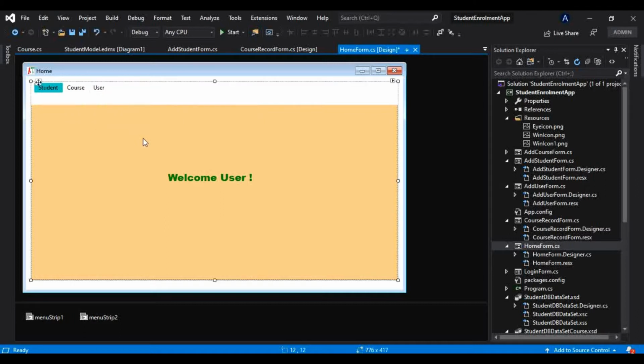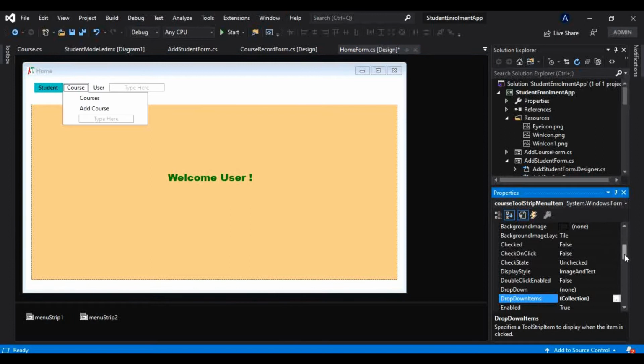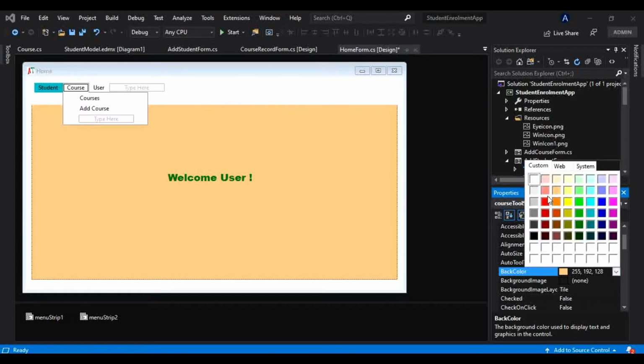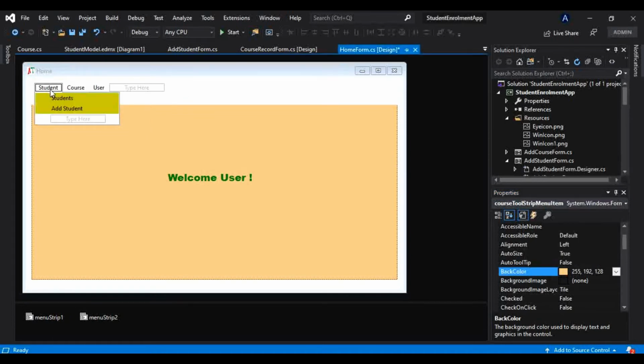Okay, all right. And just let me change designs of this as well, same like this students. So let me change the color of that. Okay, so that is back color. We have used that blue color for the student, so I will use that same color here. Let me choose that from web only. I think I have choose that from web. So let me see what color we have choose for this, because there are many colors. Okay, so I can use these same values here.